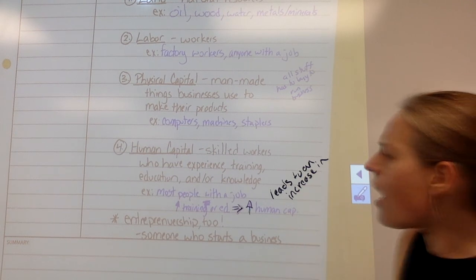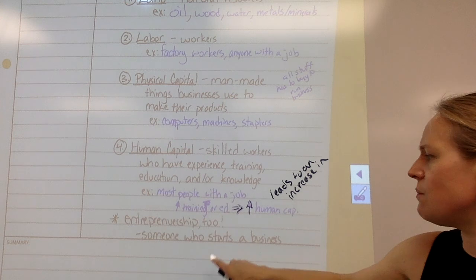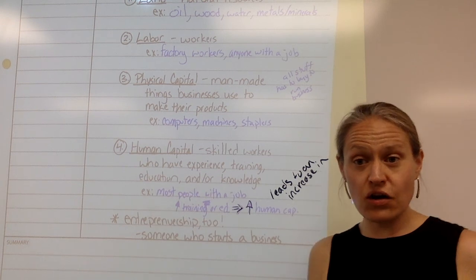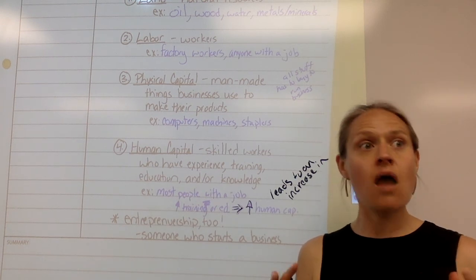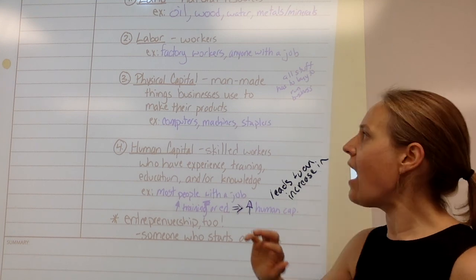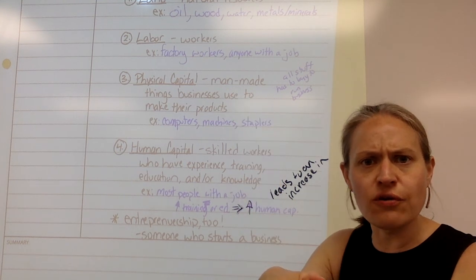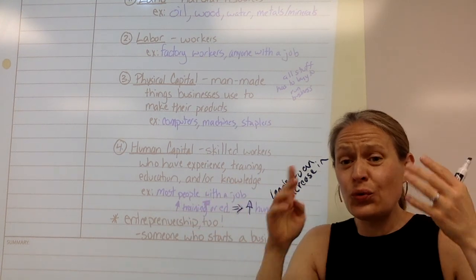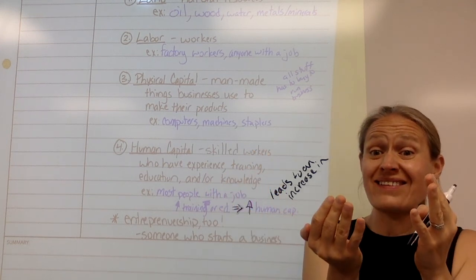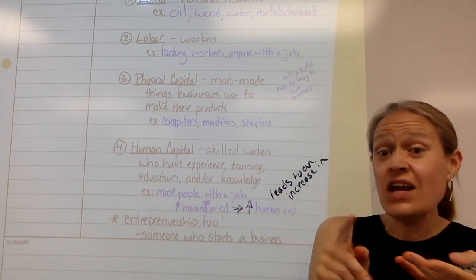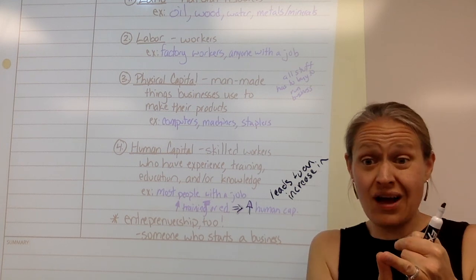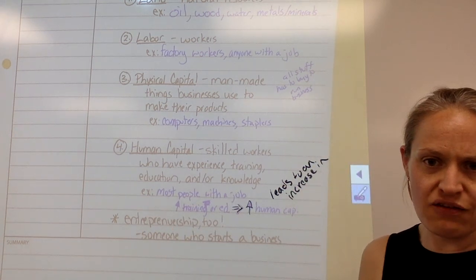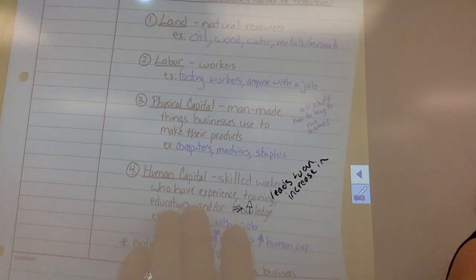All right. Now, I also wrote down here entrepreneurship too. An entrepreneur is someone who starts a business. That is often considered one of these factors of production because you can have a pile of natural resources and a bunch of people. But if you don't have somebody who kind of has the idea and the skills to put all of that together and organize it and turn it into a business that provides a service or creates a product, then you're not going to be able to make anything. So we add in entrepreneurship as well. All right, next page.